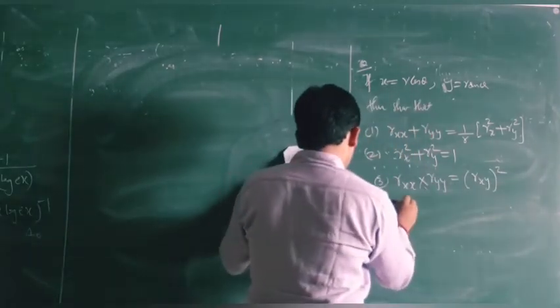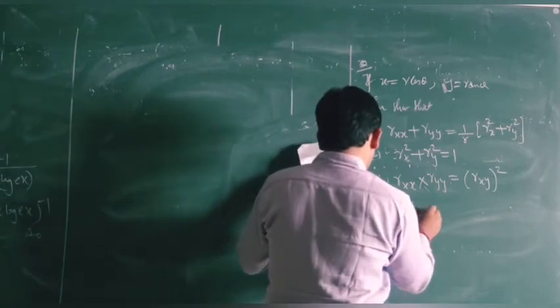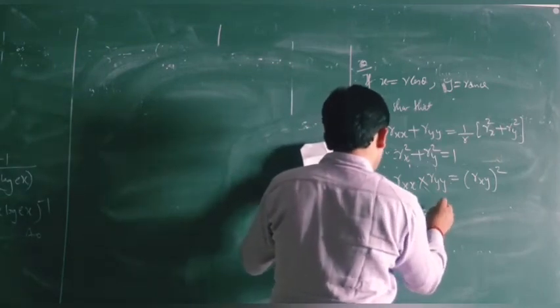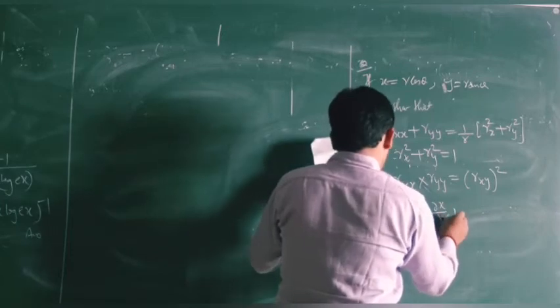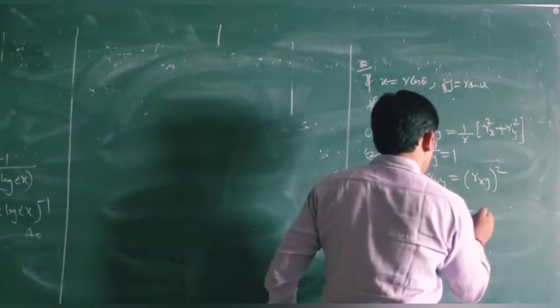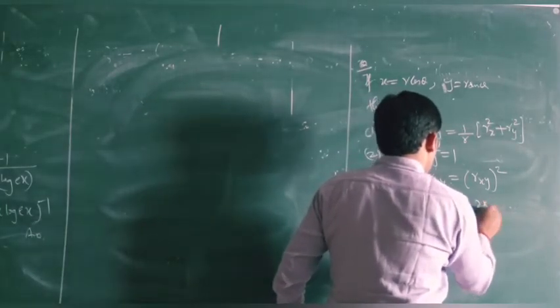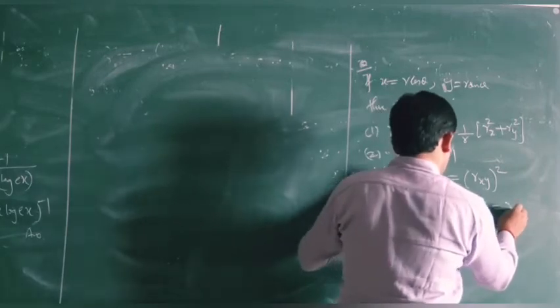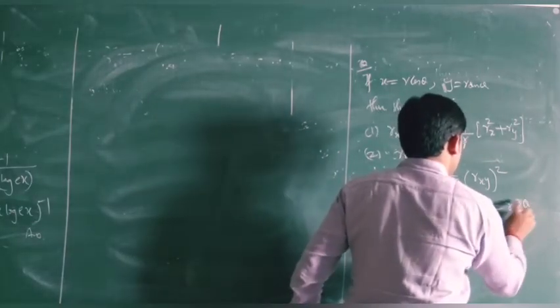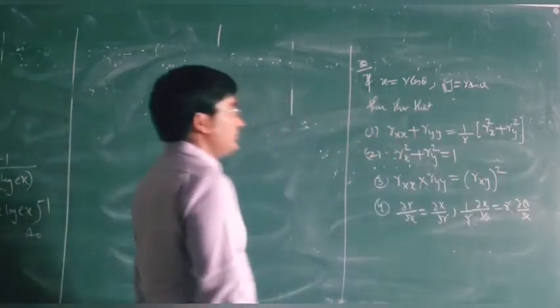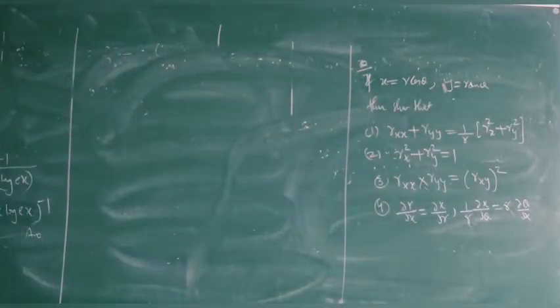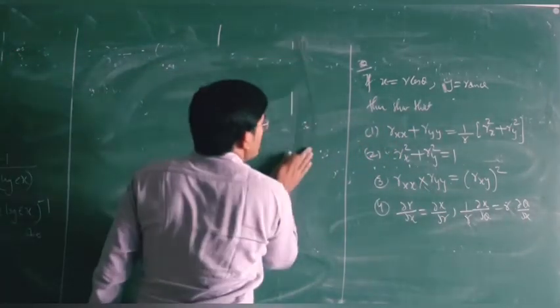Then the fourth part is del upon del x, del r upon del x is same as del x upon del r, and 1 upon r del x upon del theta equal to r del theta upon del x. So we have these four parts. So our solution is